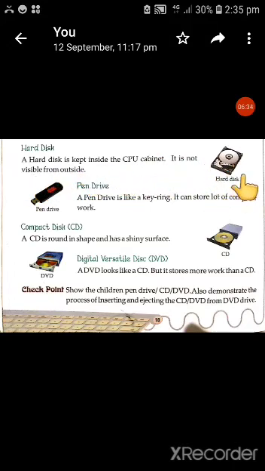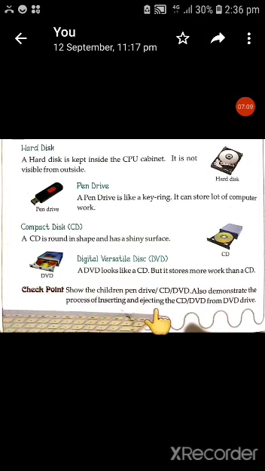You can't see it because it is inside the cabinet, and whatever you do on the computer is saved in this hard disk. Number 2 is pen drive. Number 3 is compact disc. Number 4 is digital versatile disc, or we can say DVD. So these four parts are the storage devices.